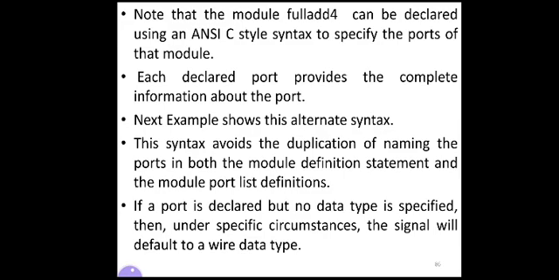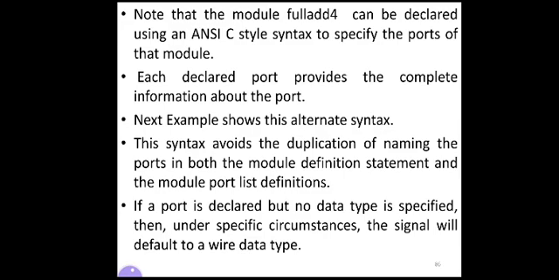Here note that the module full add 4 can be declared using an ANSI C style syntax to specify the ports of the module. There is one more type of declaration, the same thing, but the style is different.